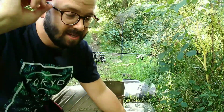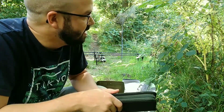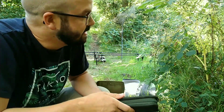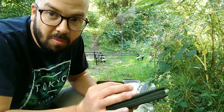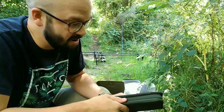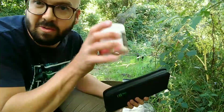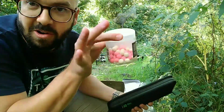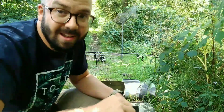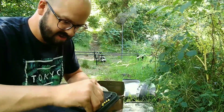For the actual hook bait, I'm taking some advice from some fellow club members, one of whom's had a really good catch rate on this lake compared to me, and he said he always fishes pop-ups, which is something I never do, fish pop-ups just on their own really, and he always fishes little 12mm white pop-ups, and I haven't got a lot of them, but I've got a few in there, certainly enough for this session. So I'm going to be fishing little white pop-ups on, yeah,